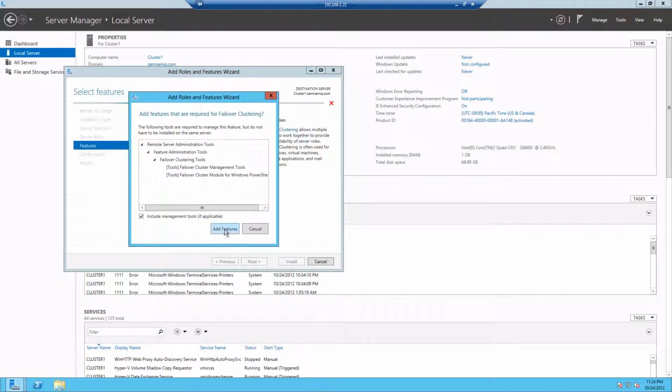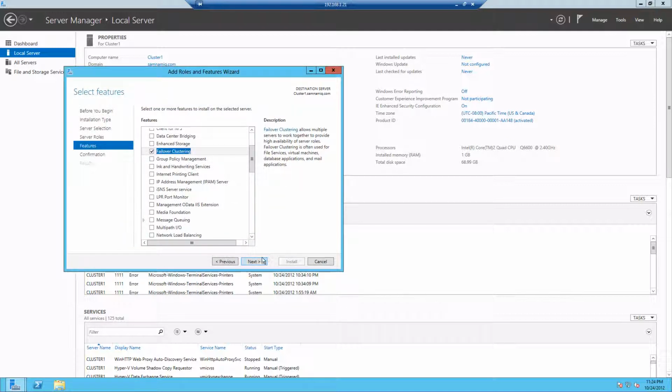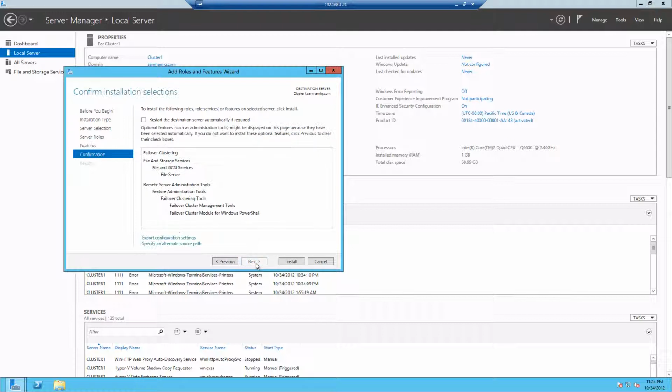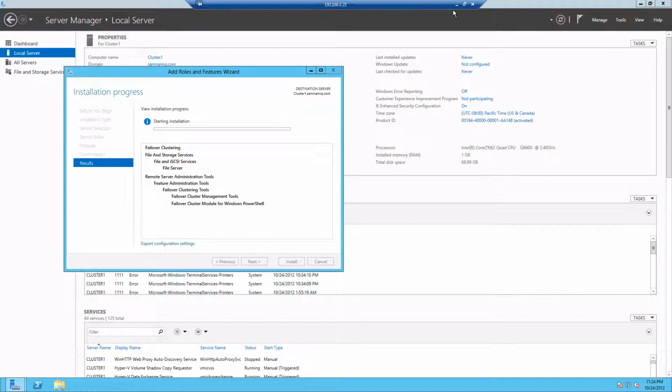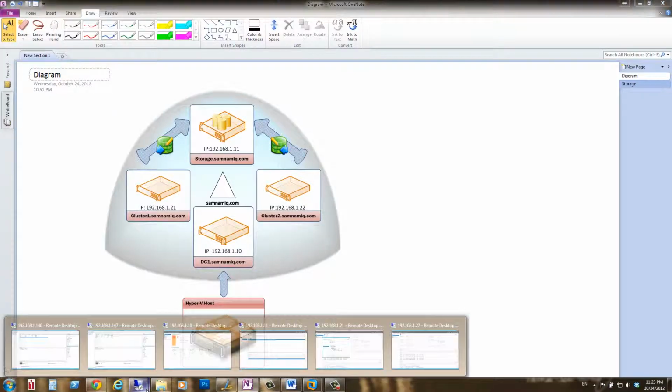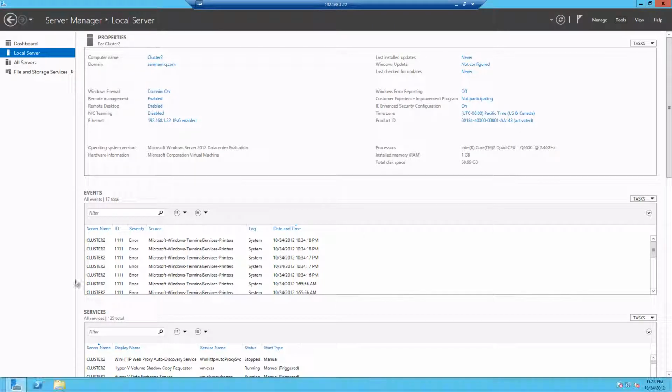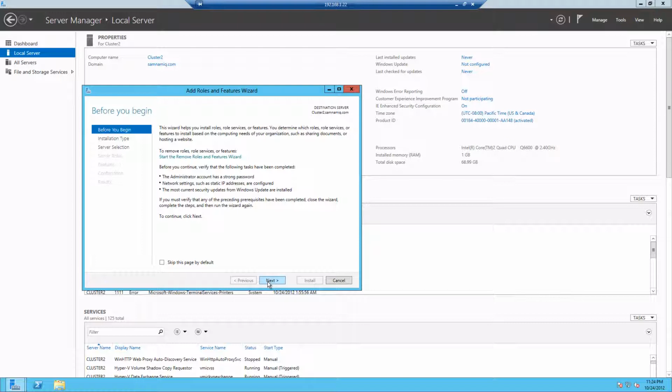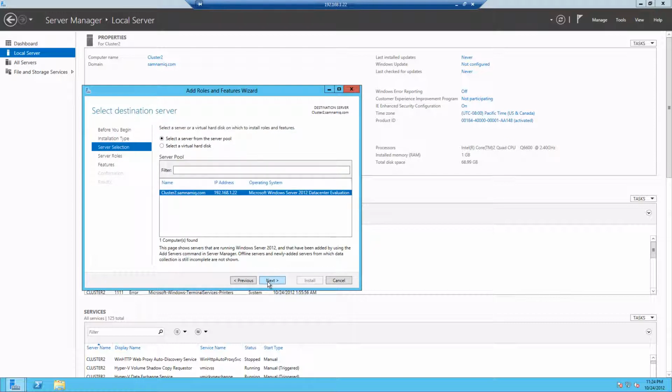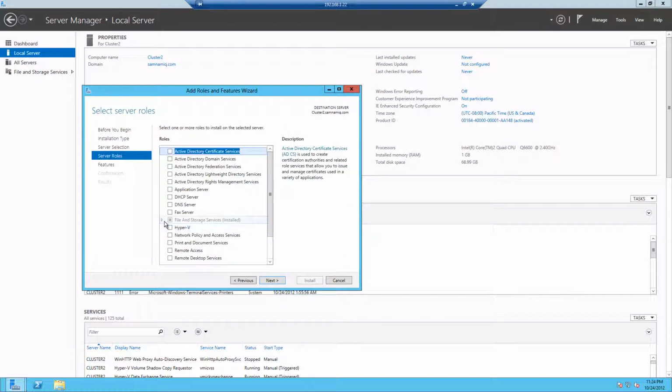Where is the failover clustering? There you go. Add all necessary features. Next, and install. Let's do the same thing on the other machine here, the 22. So manage, add roles and features. Next, role based, local machine, and let's see here,